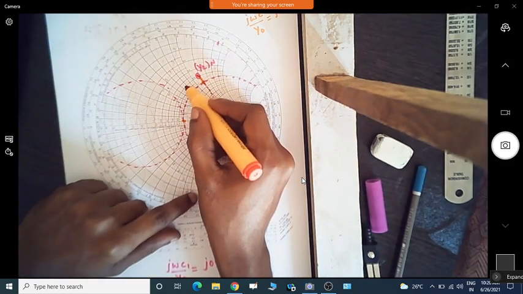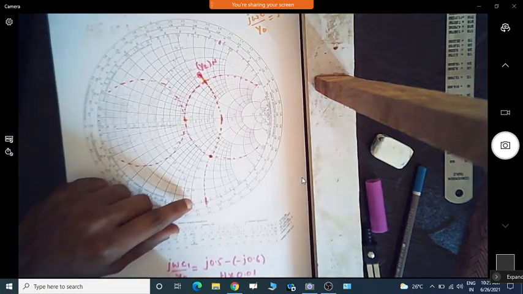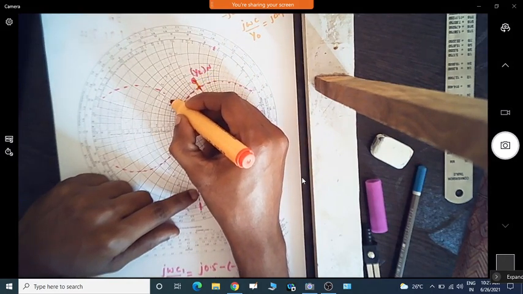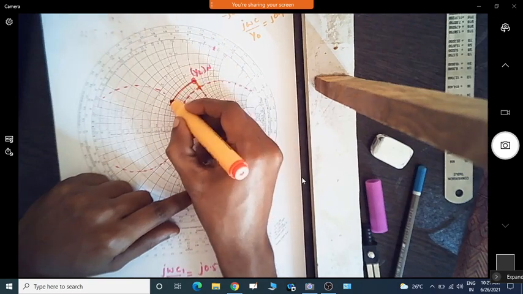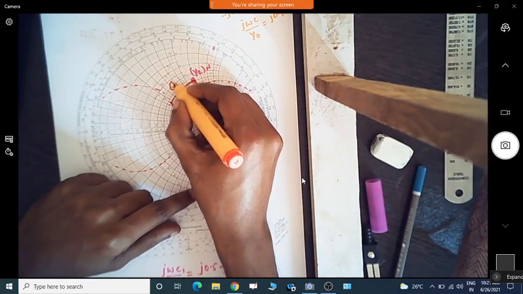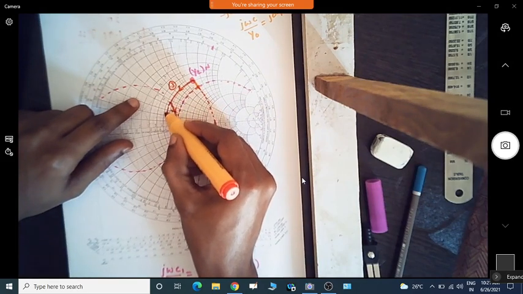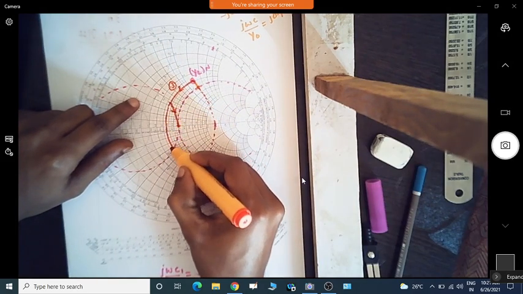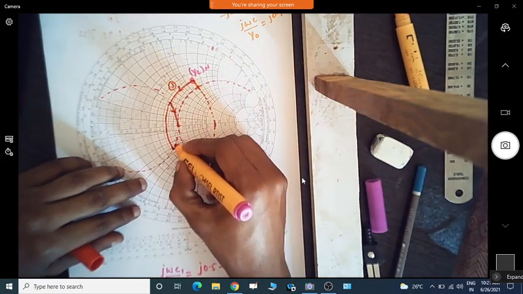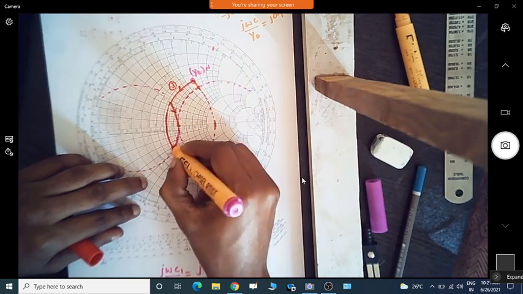So you need to move on the resistance circle till the conductance circle reaches, then from that point you can reach the center point. So now this is one possible solution. Then this is what we are moving, solution 3. And then solution 4, we have to move till the point here, and then you have to move here. This is solution 4.